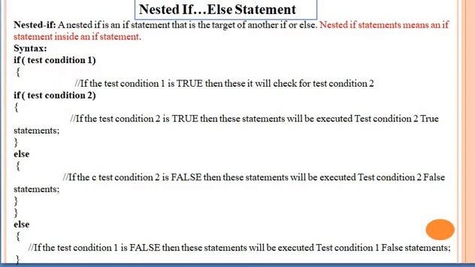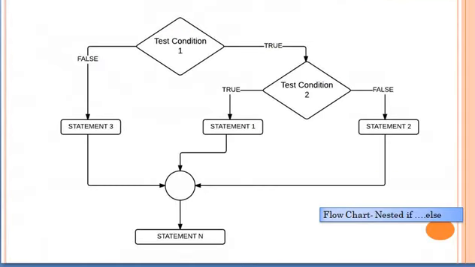Next point. This is the flowchart of the nested if else statement. In this flowchart, first of all, when the flow enters, the first condition is checked. If it is true, then it enters into condition 2, and condition 2 is checked.